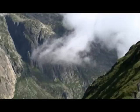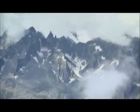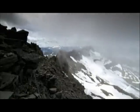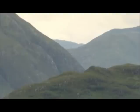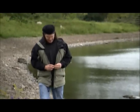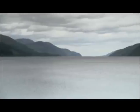The collision between America and Europe pushed massive layers of rock over each other, forcing upwards a range of mountains higher than the Himalayas are today. Still firmly attached to America, Scotland and England became fused together. But what did this collision have to do with the making of Loch Ness? The loch itself provides the most fundamental evidence. The one thing that's quite striking about Loch Ness is that when you look at it, particularly from